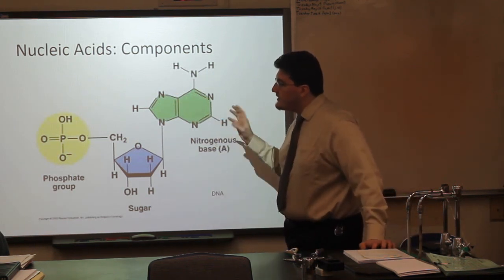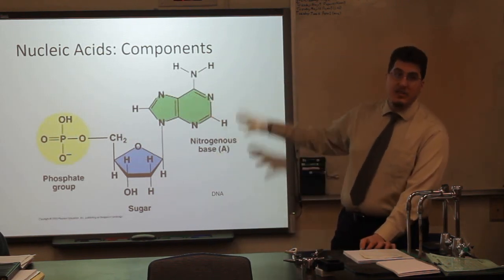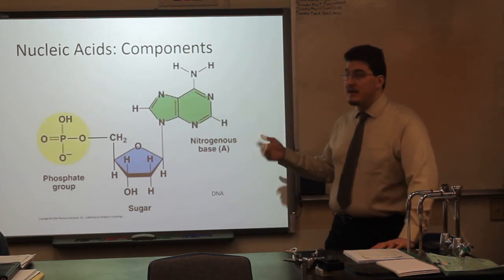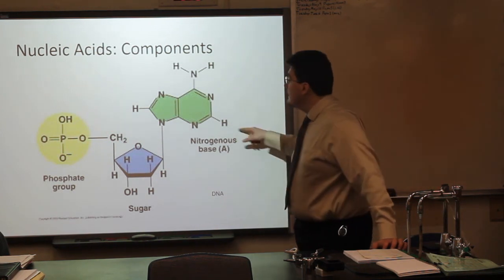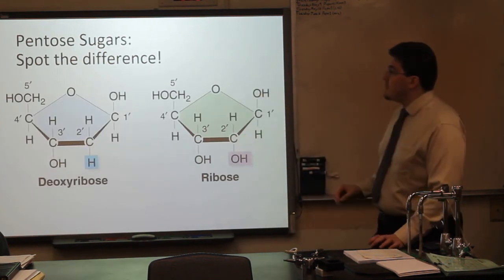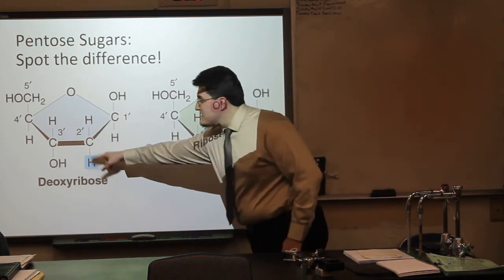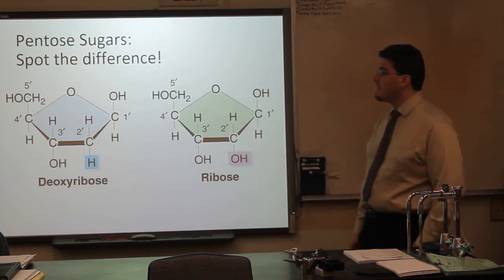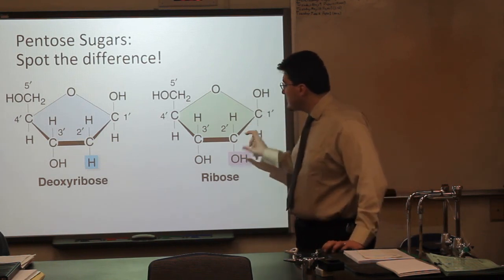You will recognize adenine and guanine by their double ring structure, and cytosine and thymine for DNA by their single ring structure, and cytosine and uracil for RNA by their single ring structure. Now, pentose sugars, if you can spot the difference, deoxyribose does not have an oxygen. Ribose has an oxygen here. On the 2' carbon, there is an oxygen,